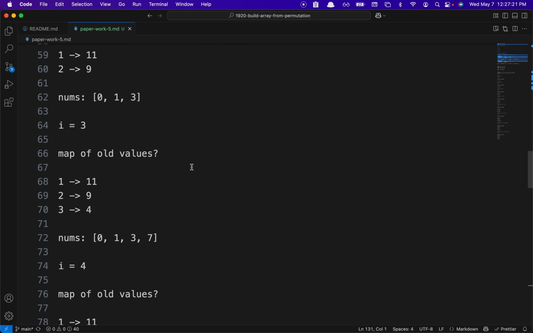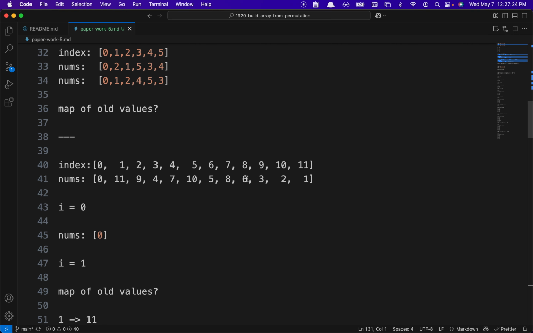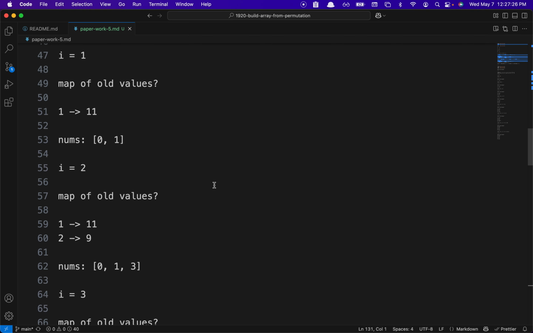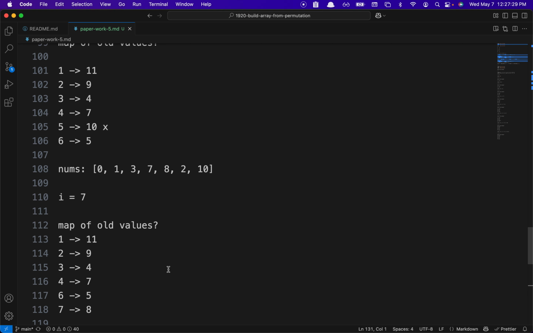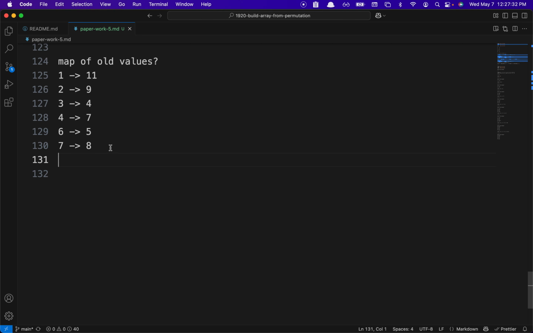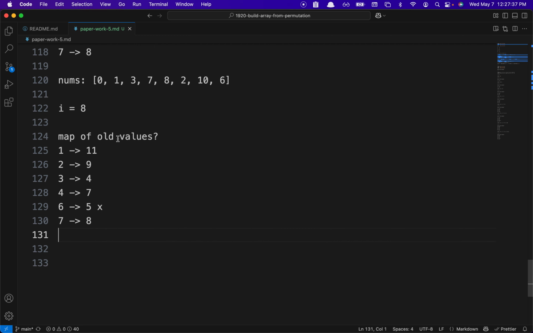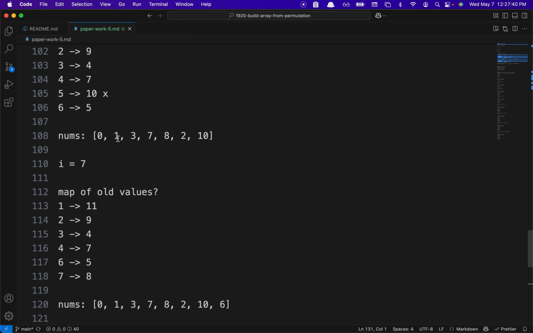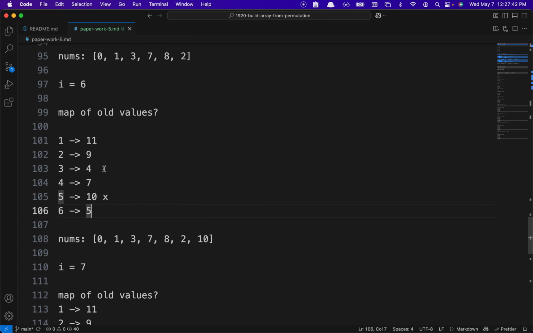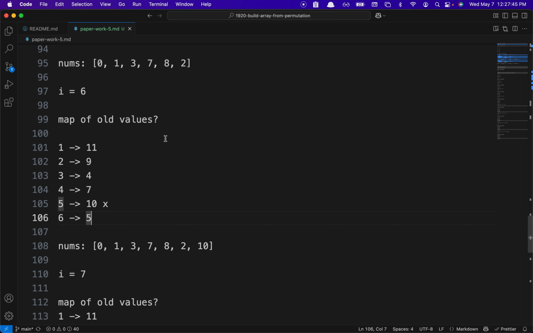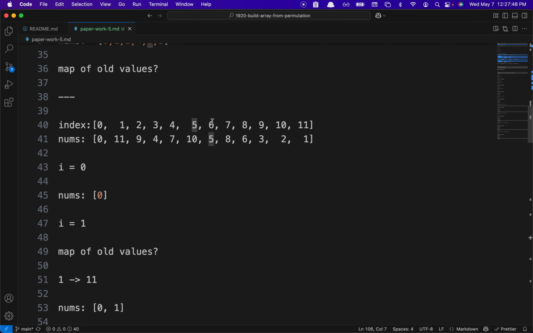I equal to 8. We know that it's pointing to 6, so 6 points to 5, right? So we actually say remove this, and then we also add, so here, why do we have to add this? Because at 6, we are pointing to 5. 7, 8, 8, 6. Oh yeah, you will probably need